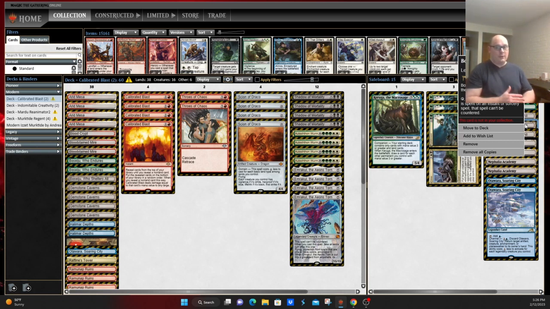That's why the tempo decks are so effective against this. There are some decks out there that have the turn 2, turn 3 kills. Decks like Hammer Time, the newer builds of Amulet with the new Mycosynth Gardens, I believe it is, out of Phyrexia All Will Be One. So there's a lot going on in the format that kind of shook up maybe where Calibrated Blast is capable